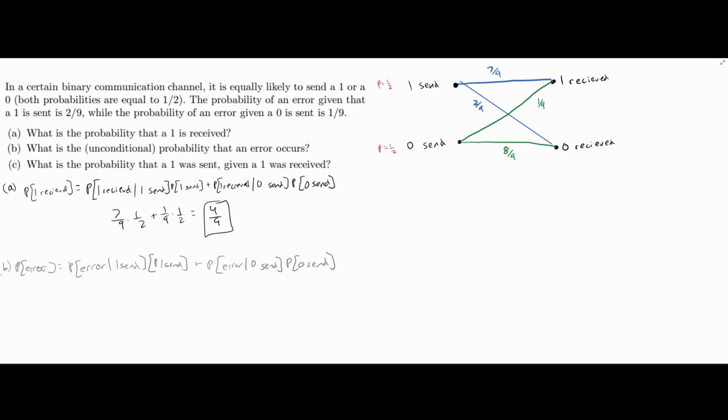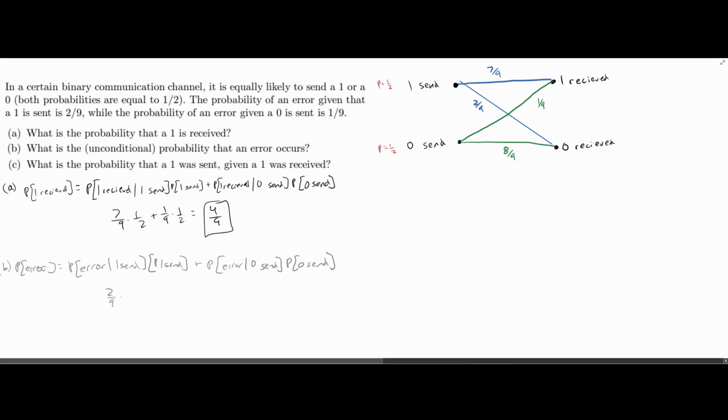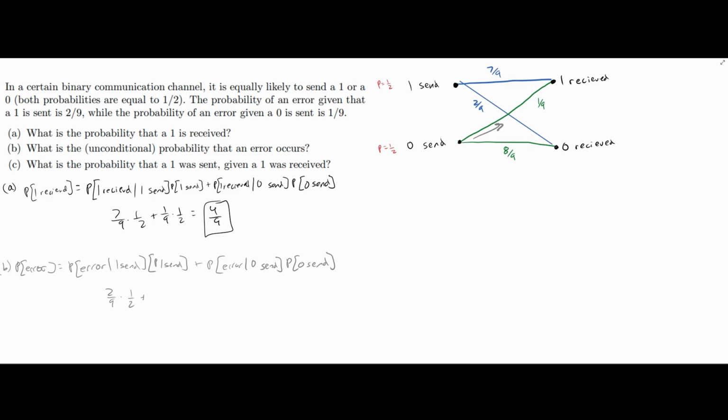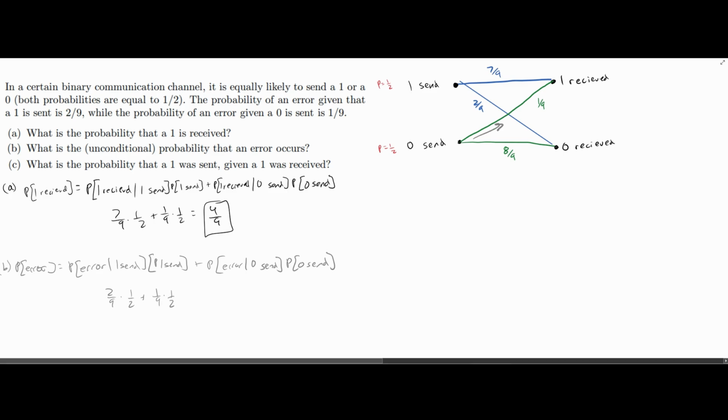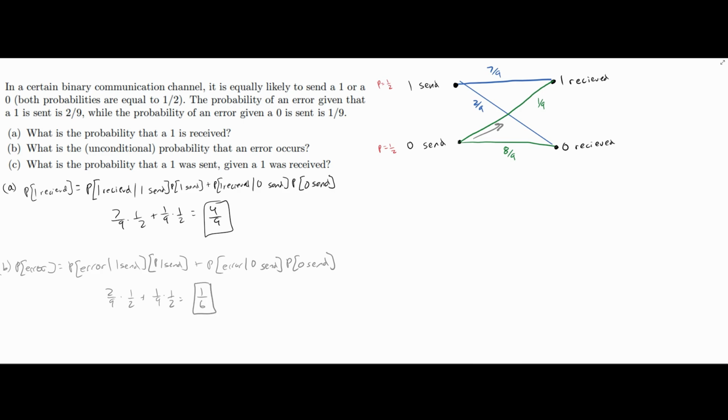So the probability of an error, given that we have a 1 sent, is going to be 2/9. If we have this 1, it goes this way in error as 2/9, and the probability it gets sent is 1/2, plus we have an error given a 0 send, and the error is going to get a 1, so that's going to be plus 1/9 times 1/2. This is going to give us 3/18. We can write this as 1/6 as well. In part C, we're